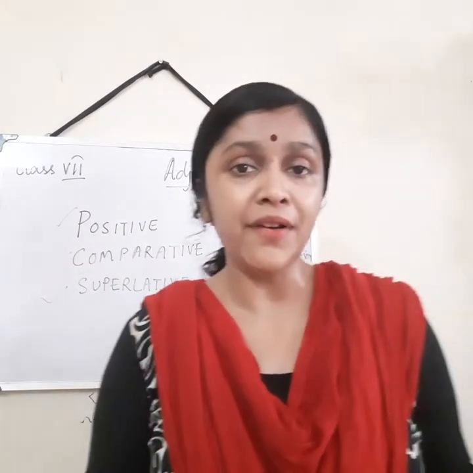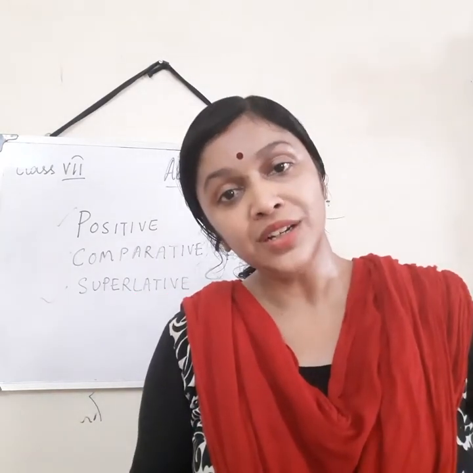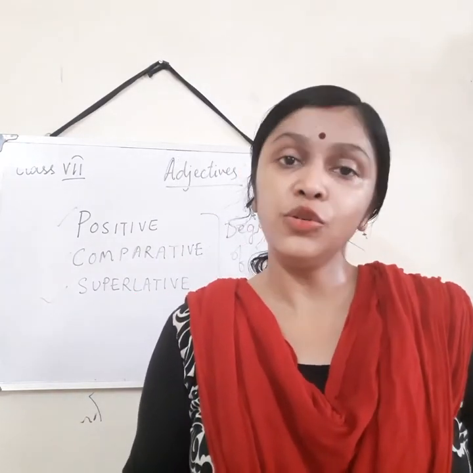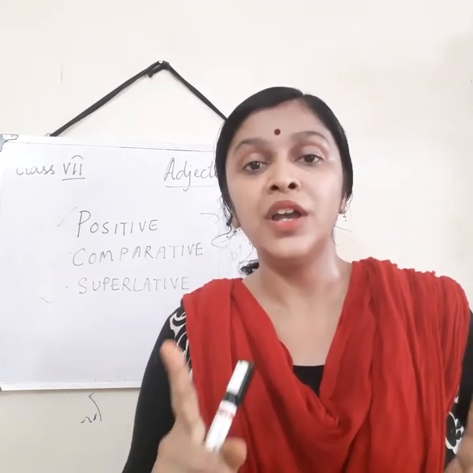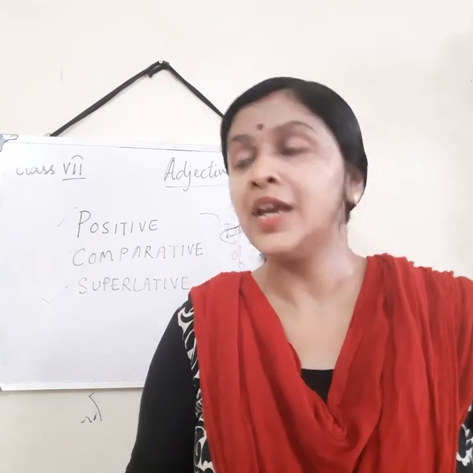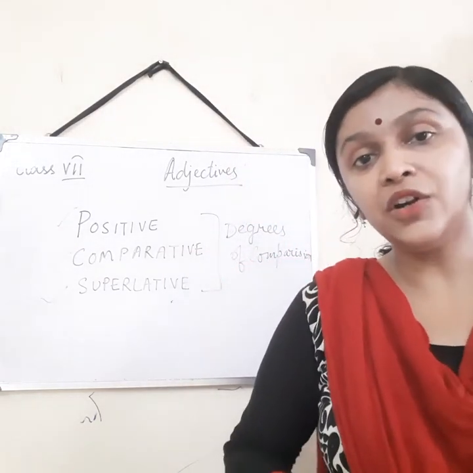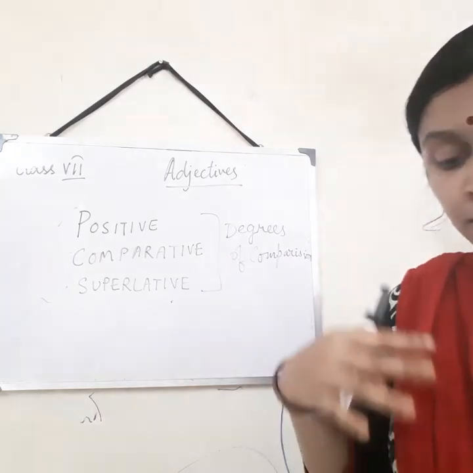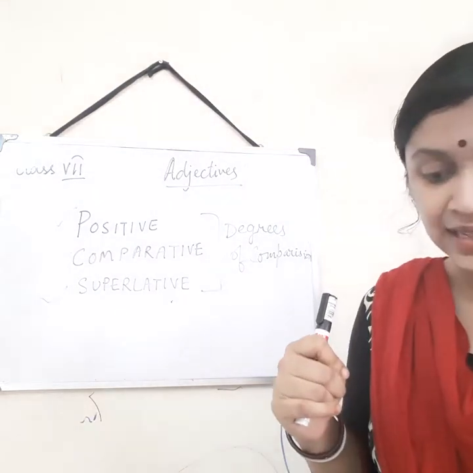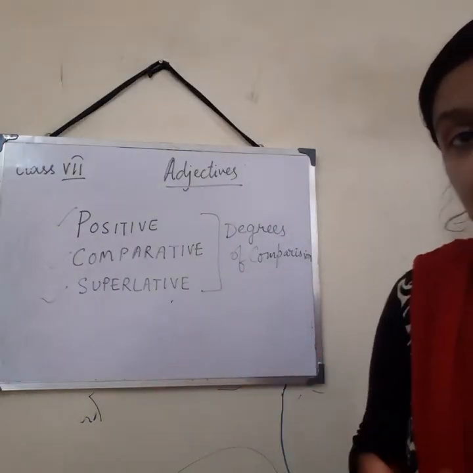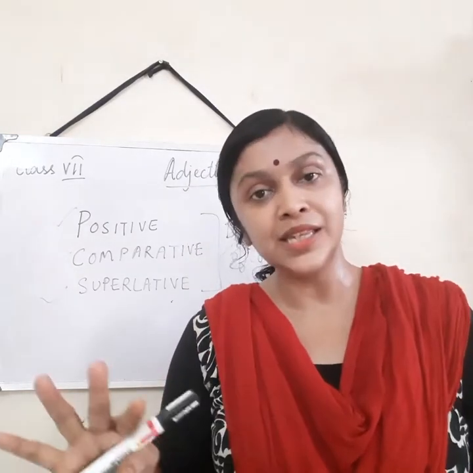In case of comparative sentence, the comparison is made between two individuals, two objects, even two ideas or two situations. It can be anything, but the comparison should be between two different entities, right? That is the comparative degree. Next, come to the superlative. Here, the comparison is between more than two objects or more than two individuals, but of the same class. You have to remember that the comparison should be among the same class.